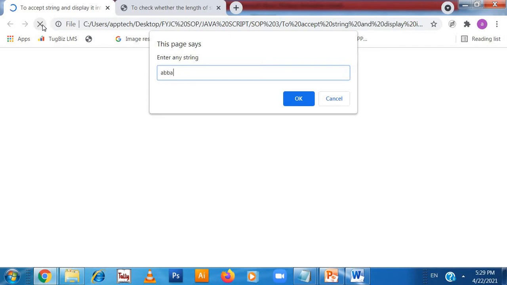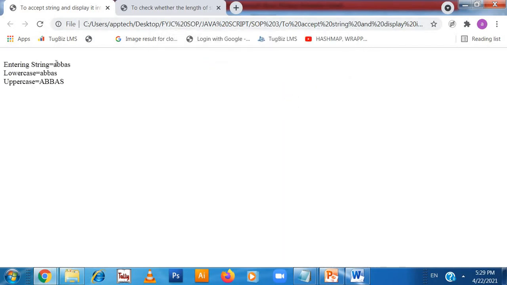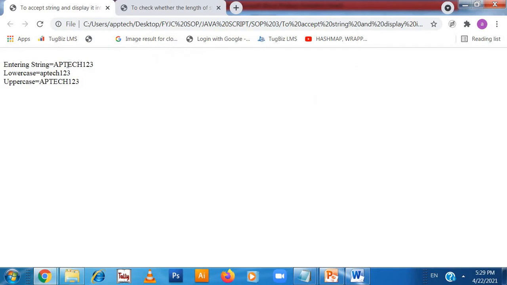Here I have written in lowercase. It will show me the value in lowercase as well as in uppercase. So I have written in lowercase, the lowercase will be this and uppercase will be this. If I am writing in uppercase, it will show me in uppercase and lowercase as well.